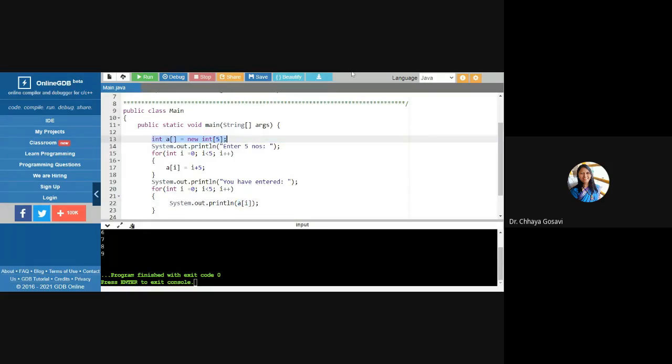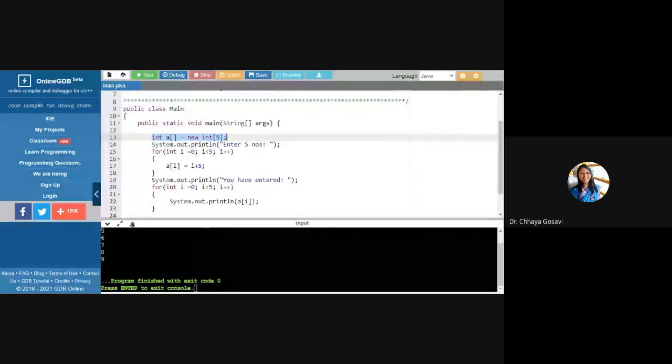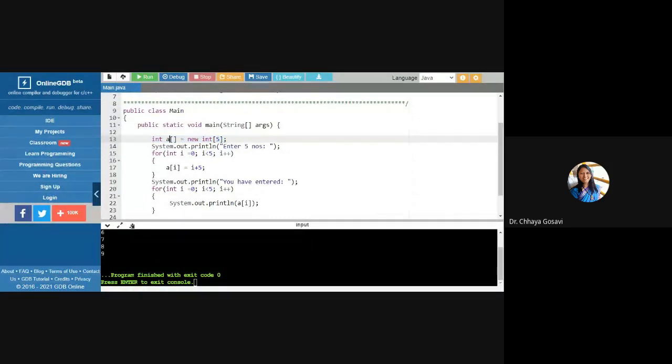So to initialize an array in C language, we do it just like this, int A of 5. But in case of Java, we have to declare it like an object. You have to use the new keyword, int A of. These are the operators, opening and closing square brackets. These brackets are mainly used to declare that this variable is an array variable. And then new int, that is the data type, of size 5. This much memory will be allocated to this variable. Okay.